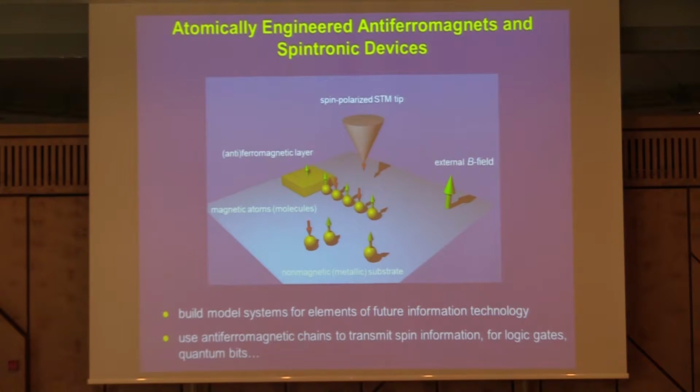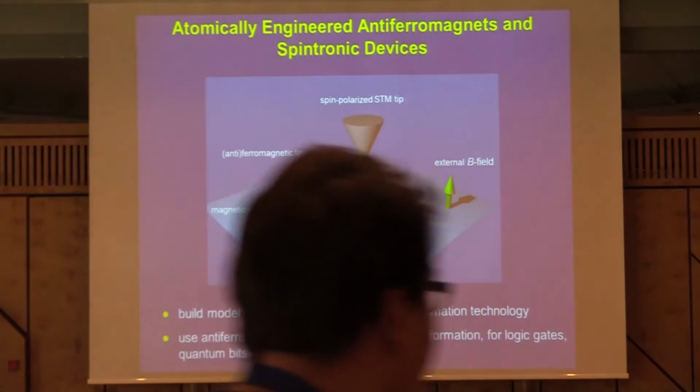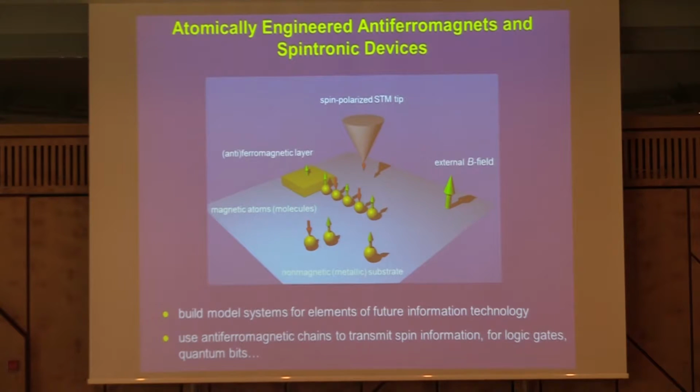So in the very last part of the talk, maybe I have 2 minutes left, I would like to discuss now what we can do on the single atom level, going towards atomically engineered antiferromagnets, where the idea is to use antiferromagnetic spin chains to transmit information, to basically create logic gates, and so on. Now here the challenge is even higher, because we do not only need atomic resolution, but we need single atom